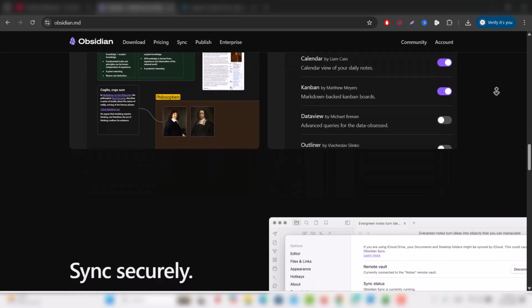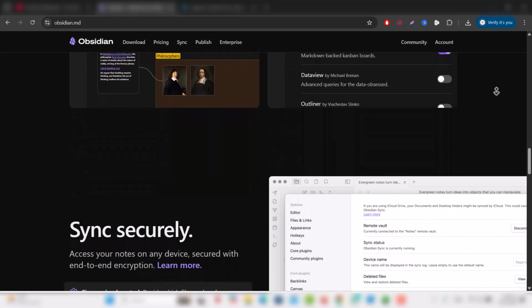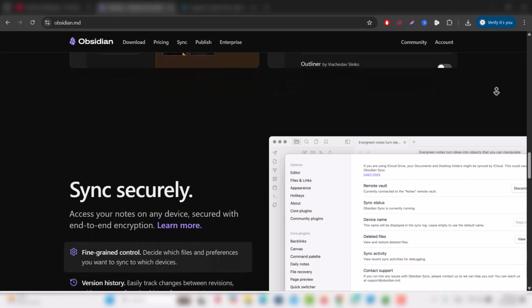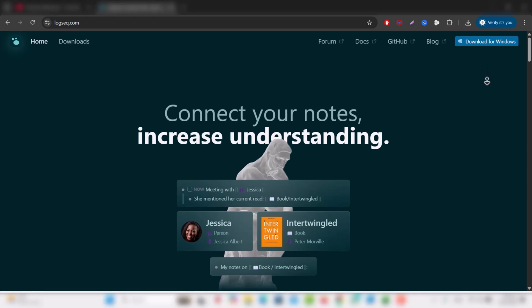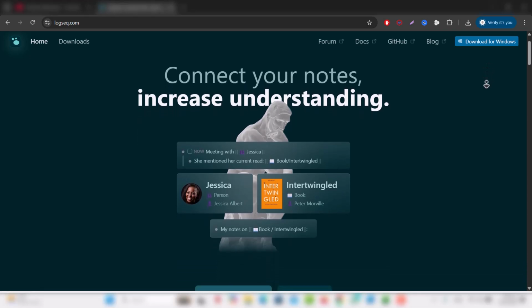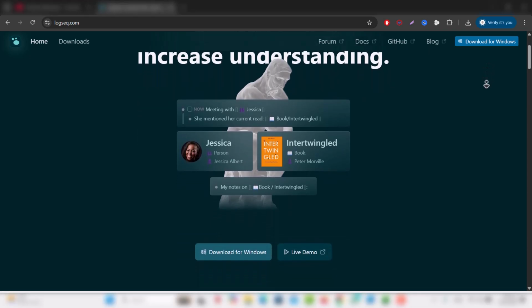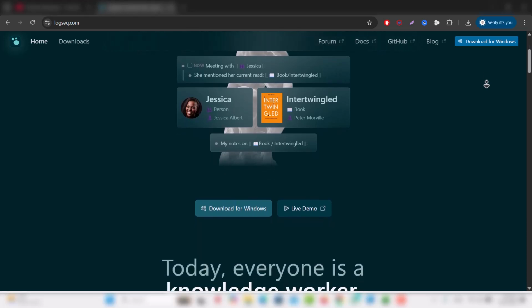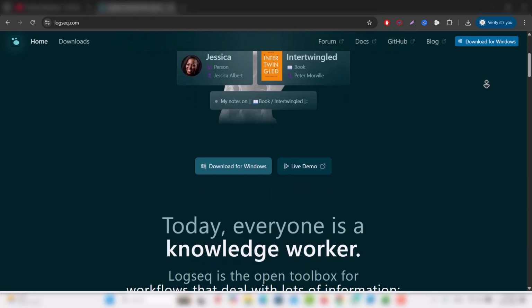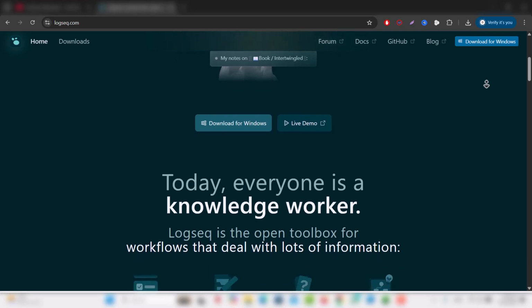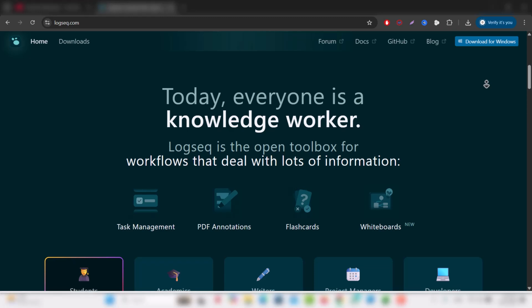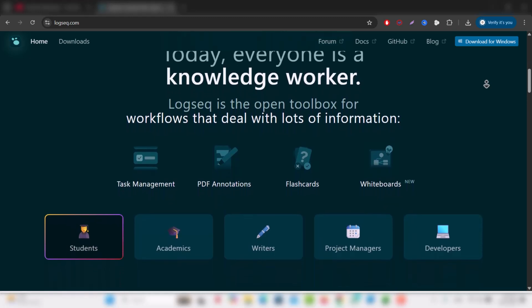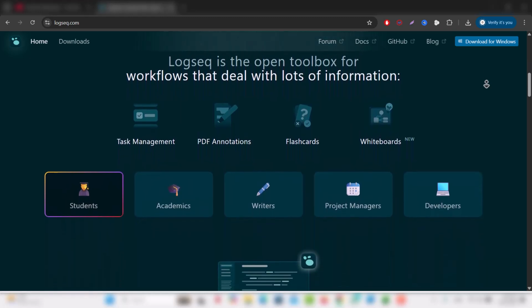It's built around an outline and block-based workflow, where every piece of information is a block you can link, tag, and reorganize. Like Obsidian, Logseq uses local files in Markdown or org format. It also emphasizes daily journaling and backlinking, making it easy to jot ideas quickly, connect them, and revisit them later. Logseq's interface pushes networks of thought. You see how your ideas relate across pages and contexts, which helps with deep thinking, planning, and project organization.